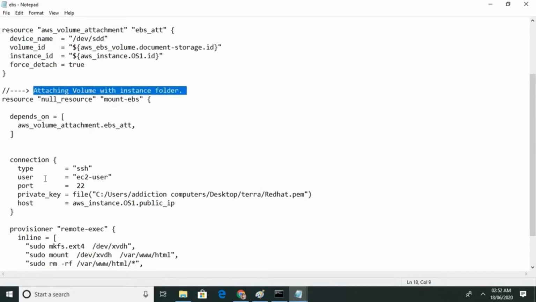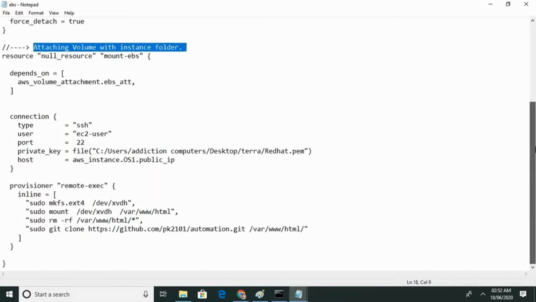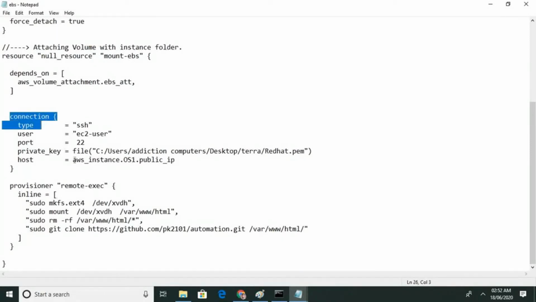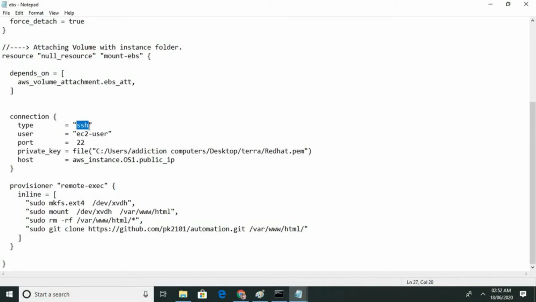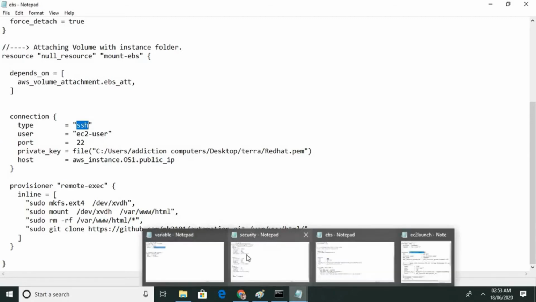Now for that, you have to go inside the instance. For going inside, we need a connection. Which connection? SSH connection. Here we are giving all the required fields, which I have discussed in the last file also.